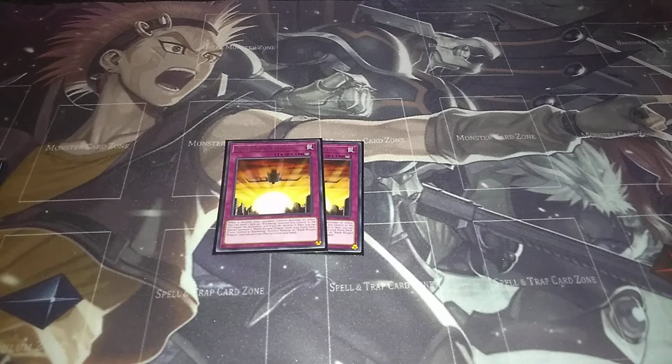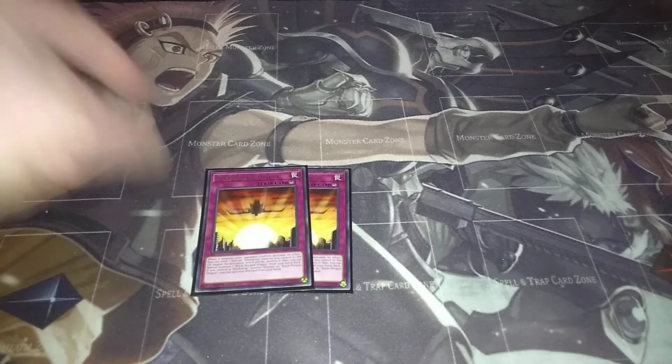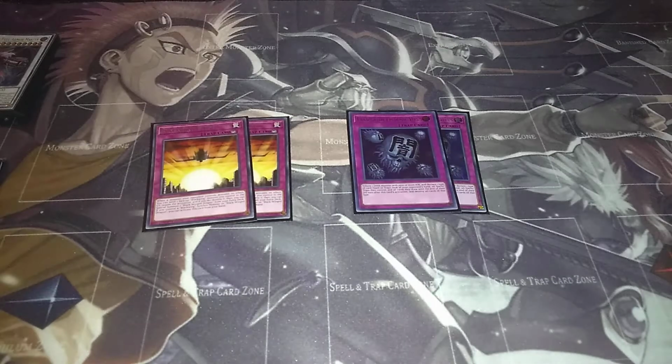Now, you don't have to have Blackwing dragon on the field. Once you've already used it, you can use the effect again if you've got a second one, and negate it just as long as you tribute the Blackwing. And then 2 cards that I've actually got the idea from Darkroom Duelist,